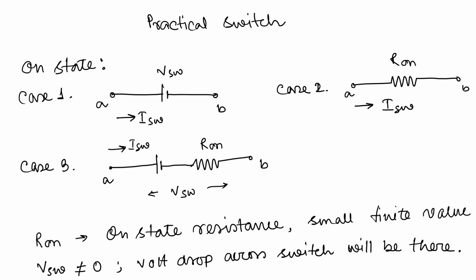And case 3, when both a small voltage drop and the on state resistance are present. So there is a voltage drop across this R1, as well as a small voltage also present in this case. R1 is a small finite value, and here the V switch is not equal to 0. That means a voltage drop across the switch will be there. So we can see that during the on state we have a voltage drop,